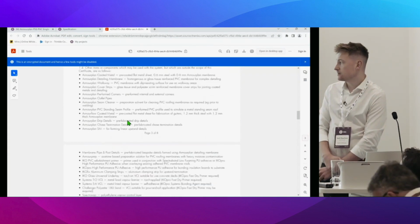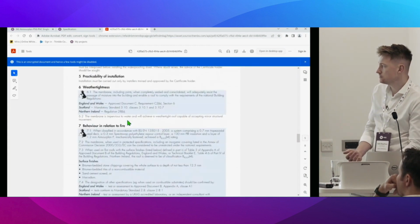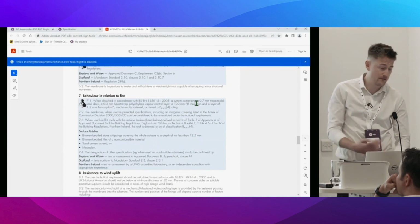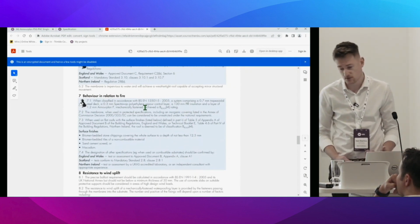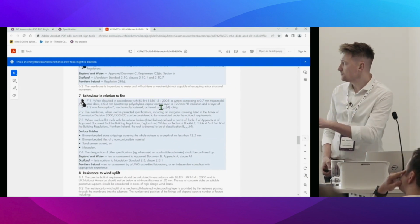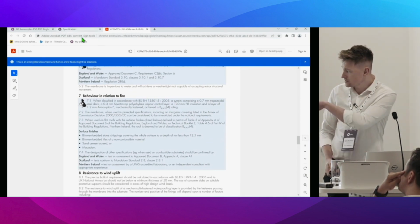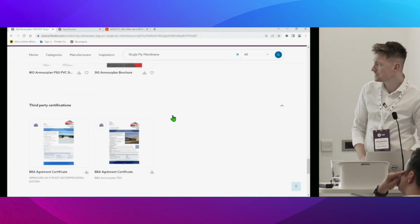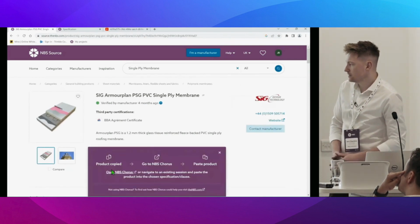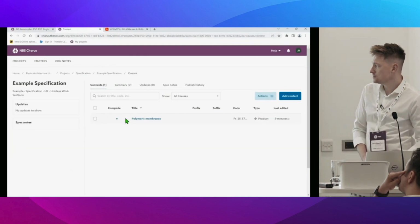So in this instance, we're having a quick click through the BBA certification, and we're looking for performance in relation to fire. So we know this, whatever product we propose, because of our boundary conditions, needs to achieve certain performance ratings. So we're looking for a B roof T4. Great, found the product. We know it achieves that rating, plus any other things like resistance to wind uplift. We always need to be aware of that. And then, as previous, it's the same kind of add to the specification and add to our Revit model. So similar process,